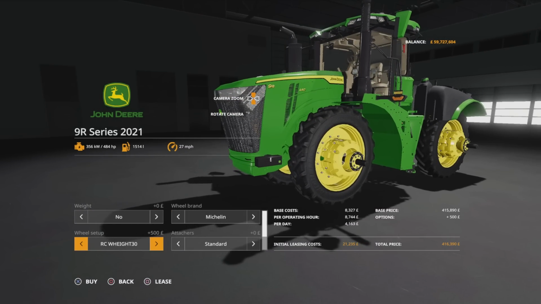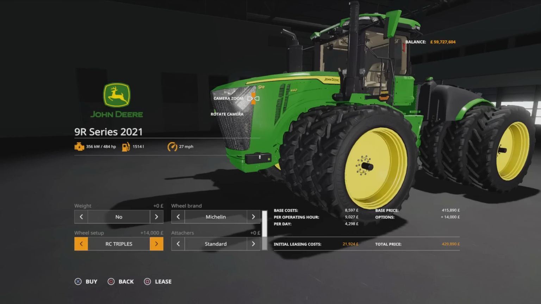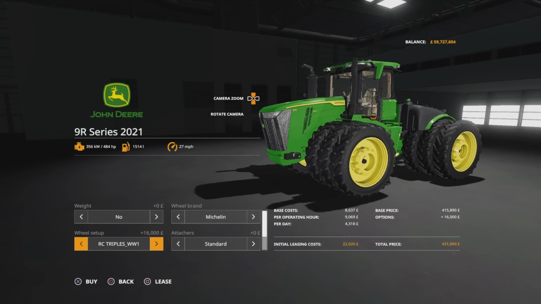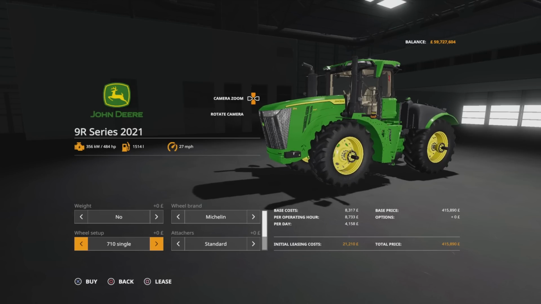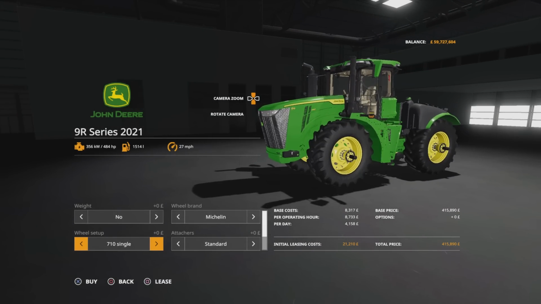So, row crop 30 with weights, row crop dual 30s, weights inside, weights outside. Then we got weights at the back, I think. Yep. Then we go to triples. Let's come out a little bit more. And then we've got weights one. Oh, so it's just weights across. Yep. Then we go to 710 singles, hubs, weights on the back, hubs and weights on the back, single weights